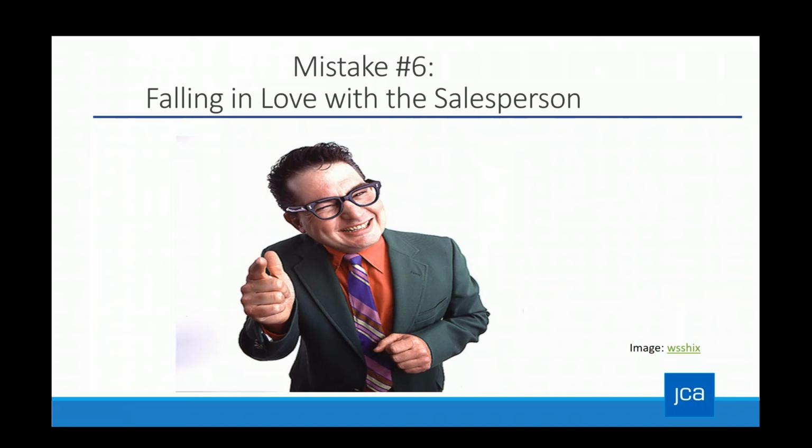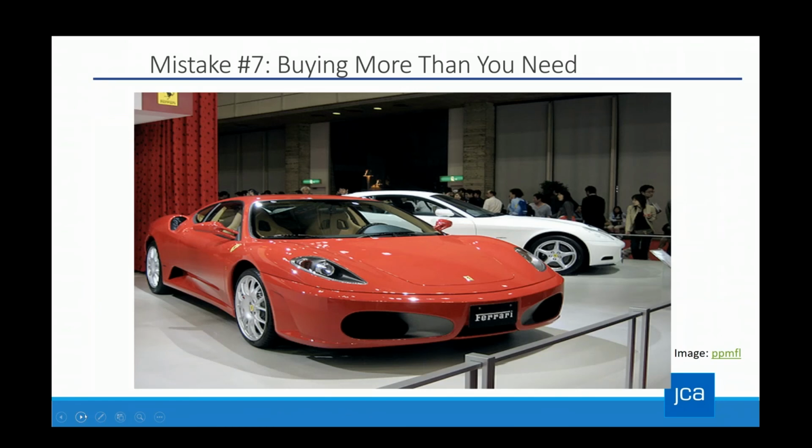The next mistake, I talked about prioritizing price above everything. The next mistake is buying more than you need. I would love this Ferrari. There is no way on earth I'm going to buy that Ferrari. I live in a house that predates the concept of a garage. So I am not going to even think, no matter how attractive that thing is, I'm not going to go